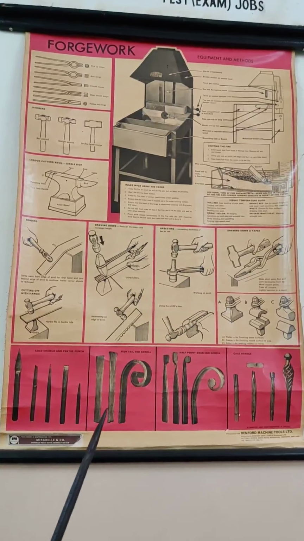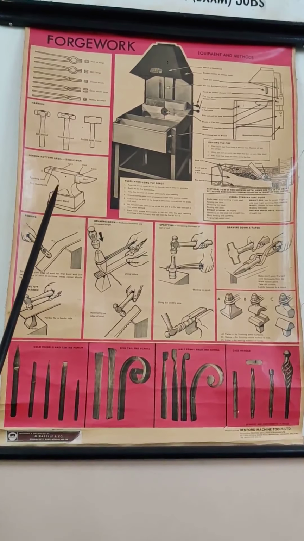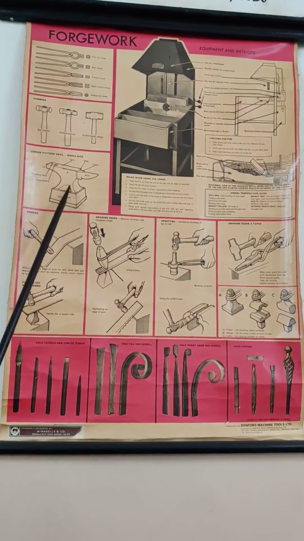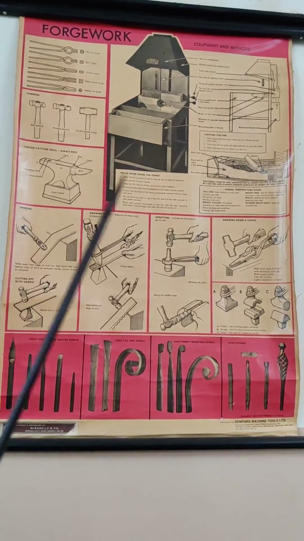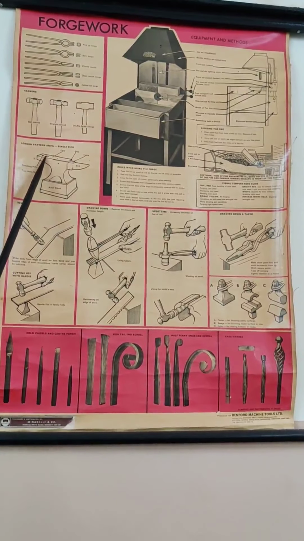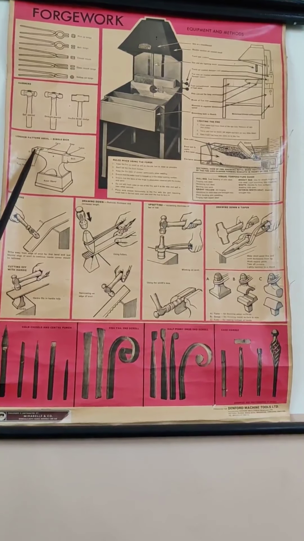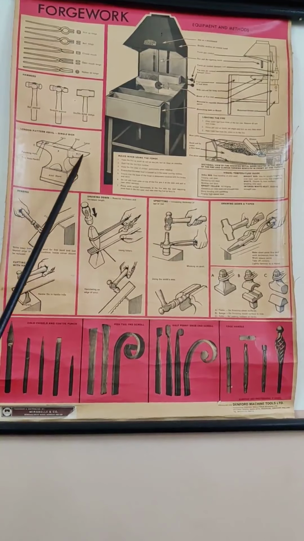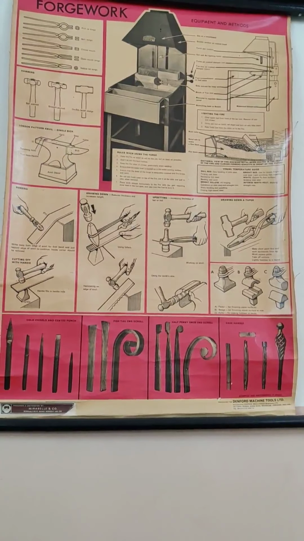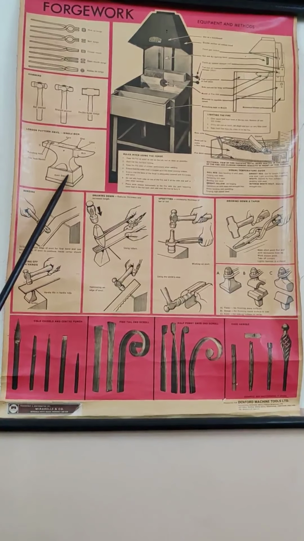Okay, so now after the tools we shall see some of the operations. Before we go to the operations, as I have already shown you what the various names of the parts of the anvil. This is the hardy hole, square hole. The round hole, the punching hole, is called the Pritchell hole. The face, there is a step, and the beak, B-E-A-K. Okay, so these are the various parts of the anvil.